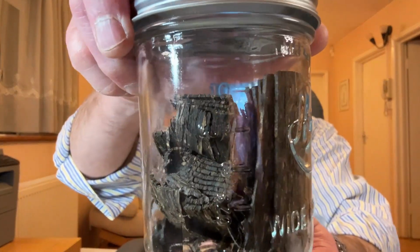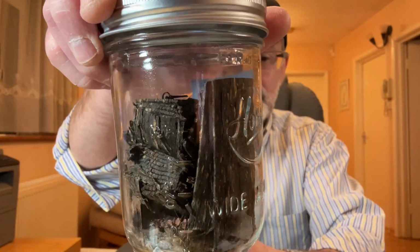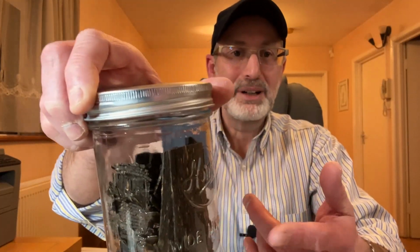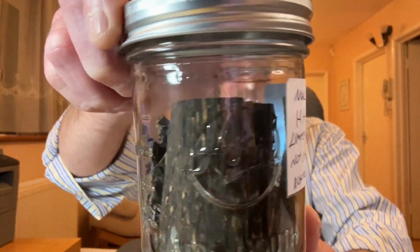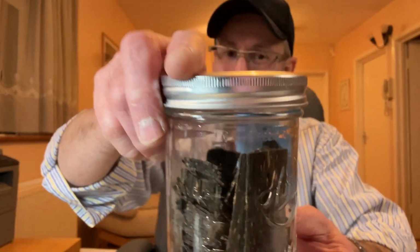Now, if you've got a bigger tin of flake, for instance, I've got in here 100 gram of flake, and this is the Rustica by McBaron, but I will review that one day. Very strong tobacco. I got a nicotine hit smoking this. Actually, the first time I got a nicotine hit from smoking a pipe that I never did before. I smoked that a few times, and as you can see,